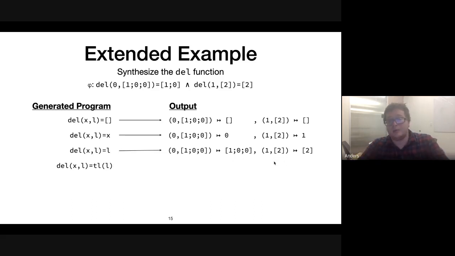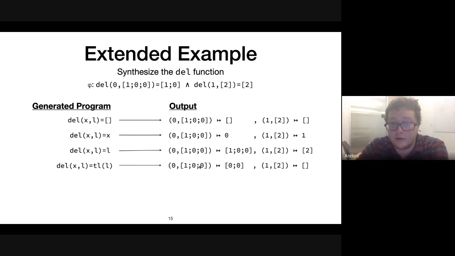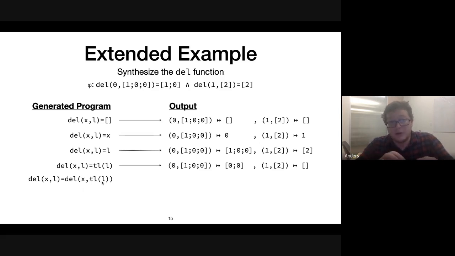Now let's do something a little bit more interesting. Let's extract the tail, so it should return 0, 0 for the first, and then just the empty list for the second. And now let's do recursion. So note, if you remember our prior example, this del of x and the tail of the list was actually used in the overall program. So this is going to be something that should be present. So it's good that we are looking at this in the search space. This will be necessary. And we say, what is the output? And we say, I have no idea.